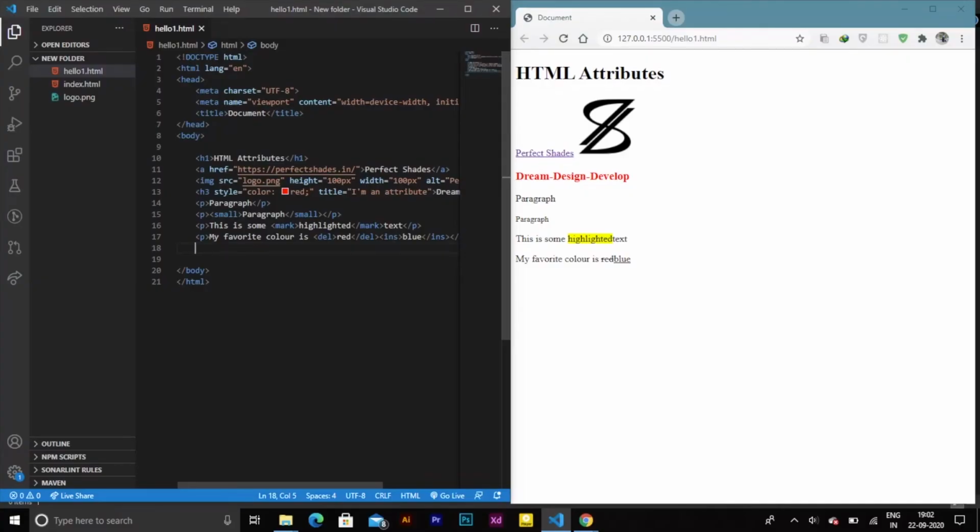So now let's create the subscript and the superscript tags. First, add a paragraph tag, and inside the paragraph tag write H, and then add the subscript tag, and inside that write 2, and outside it write O, and save it. Then we can see the chemical formula H2O in the browser. Let's create another paragraph, and I will write e, then the superscript tag, and inside the superscript tag I'll write x and hit save. Then we can see that e to the power x is visible in the browser.